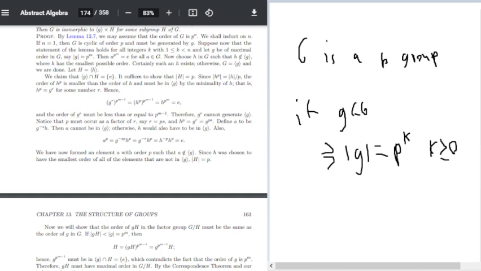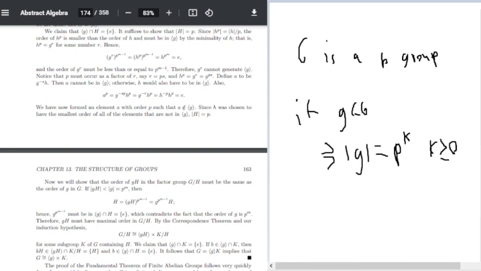And by the smallest argument, we have that A cannot be in the order of G if A does not have a certain relation on the actual ordering of it. And so we found an element A with order P such that A is not in G. And since H was chosen to have the smallest order of all the elements that are not in G, we have the order of H is equal to P. Alright, so from here,